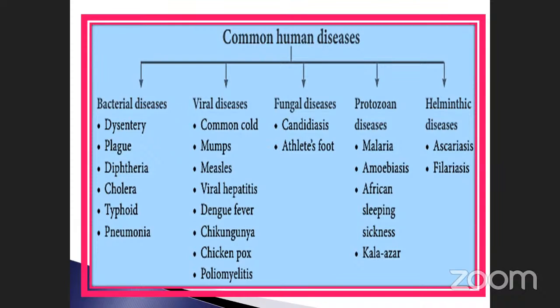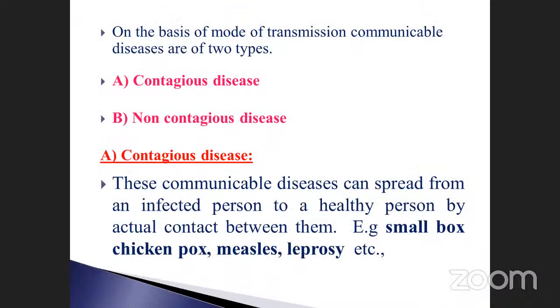So these are other types of fungal diseases. And protozoan diseases we already discussed: malaria, with four types, amoebiasis, dysentery, African sleeping sickness. These are all protozoan diseases. Helminth diseases, ascaris and filariasis, we also already have. Okay, you will see them one by one.